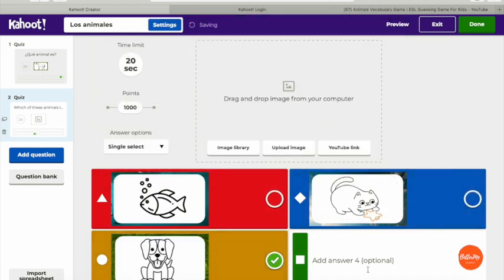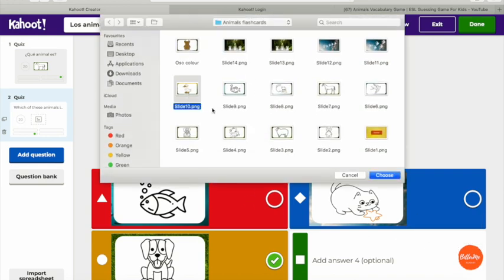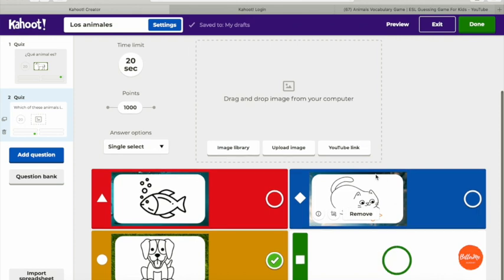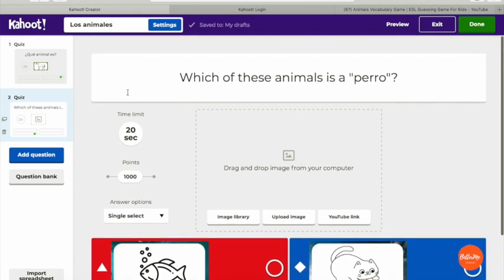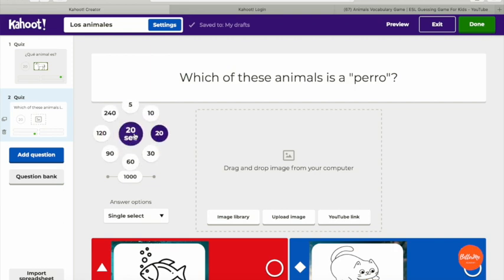Yes. I'll mark this as a right answer and also add another option. Is this a perro? Of course not. Here, we can also change the time limit to fit the question type. I think this can be 30.